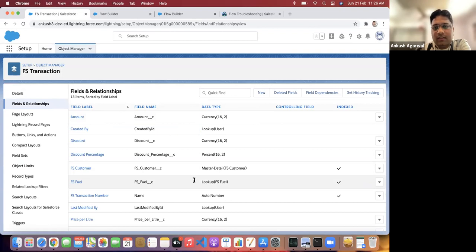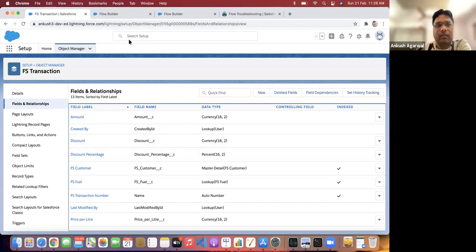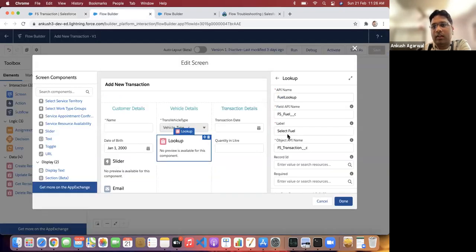And then this is the lookup field, fuel. Its API name is fs_fuel__c, so that's what I used here as the field API name. These two are the important points we need to take care of when we use the lookup, along with the label you want on the screen.